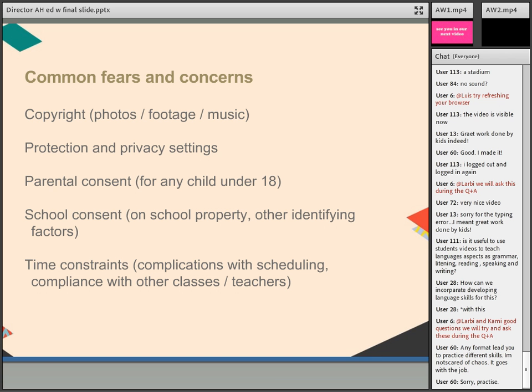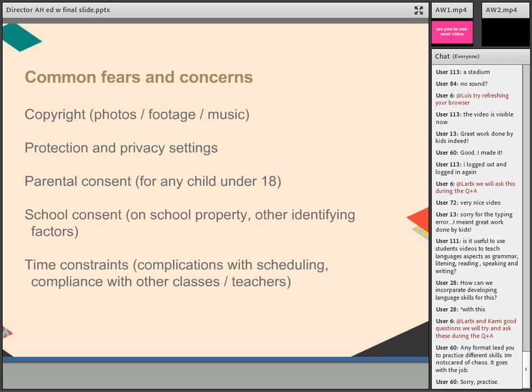So make sure it's either their own pictures or you're going to royalty-free sites to use these things. Protection and privacy settings. If you do set up a Google Drive, for example, or a Vimeo channel, something where you're storing all of these videos, please make sure that they're very protected. You have that choice, the privacy, and it'll give you a choice if you want it to be a private group or not, and allowing access or not allowing access. That's all really important. You don't want other people getting access to this.